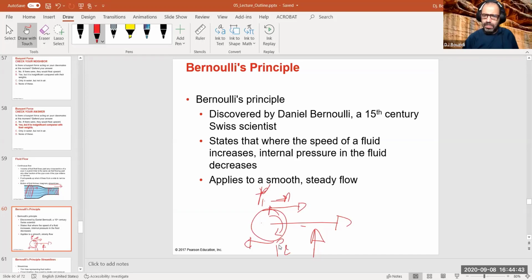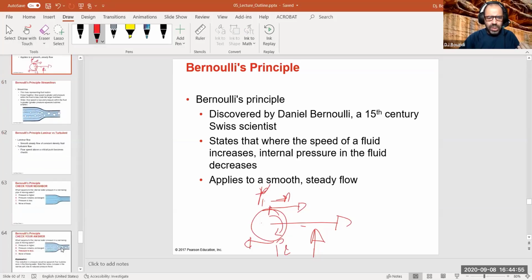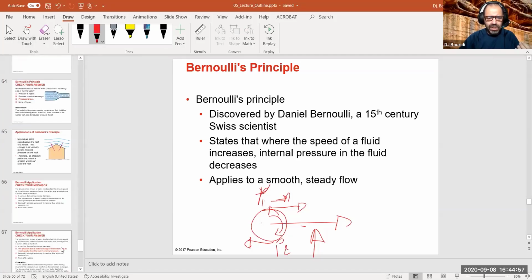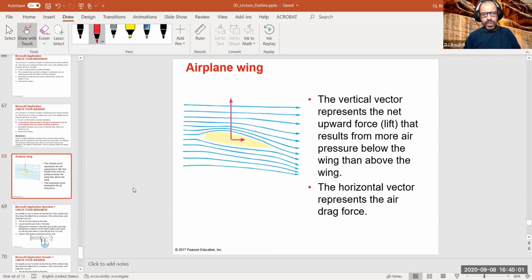Yeah, that's correct. P2 is higher than P1, so it's going to rise in this case. And again, you can do it sideways too. You don't have to do it. So this is basically, in a sense, how the baseball works. And actually, this is also the principle of how wings, how planes actually take off. Let me go to the slide for the wing, because it's an important concept in this case.